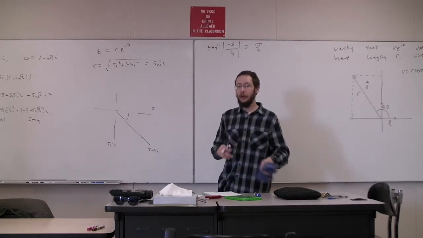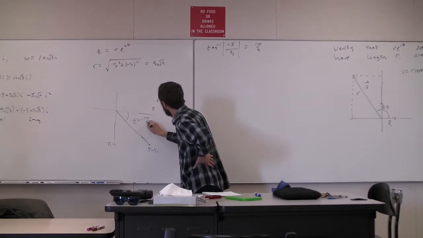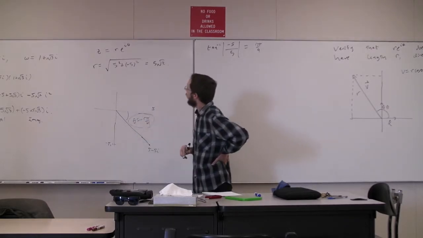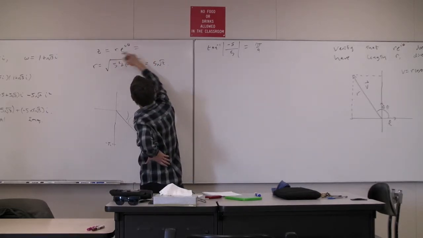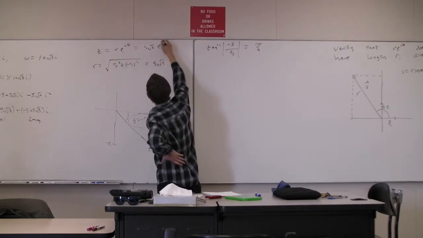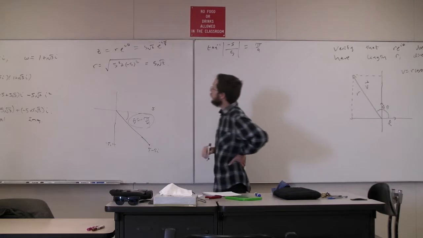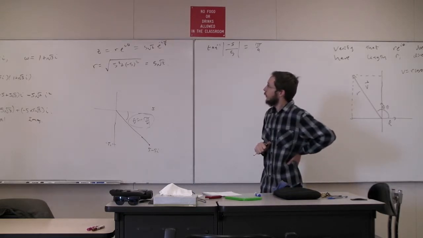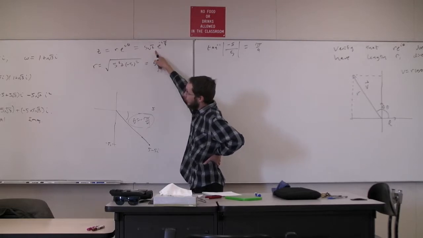Negative pi over 4. Yeah. So this angle here, that's our angle. And so there we go. We've identified the polar form. Radius is going to be 5 square root 2, and the angle is negative pi over 4. So there we've got the polar form for the first number,